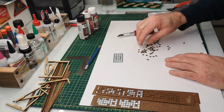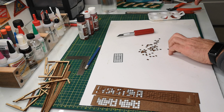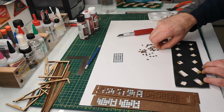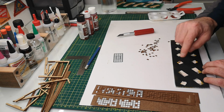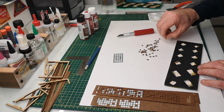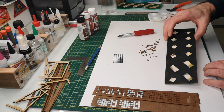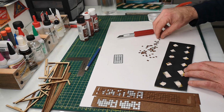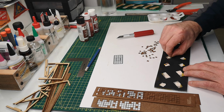Now, if you want to do the broken window effect, you can take these little tabs and put them on some tacky surface. I have some two-sided tape on here. I use it for painting details. In this case, I've used plastic, but you can use cardboard or something like that, and then just tape your items